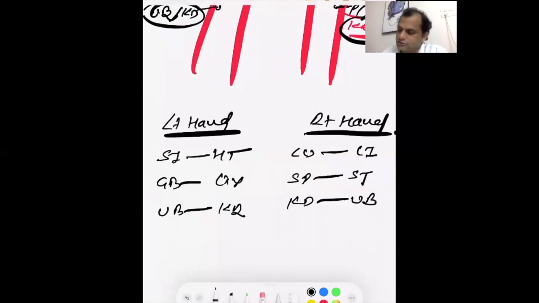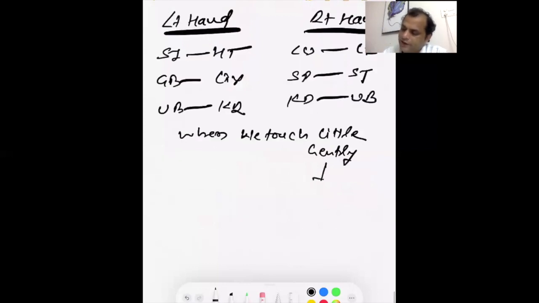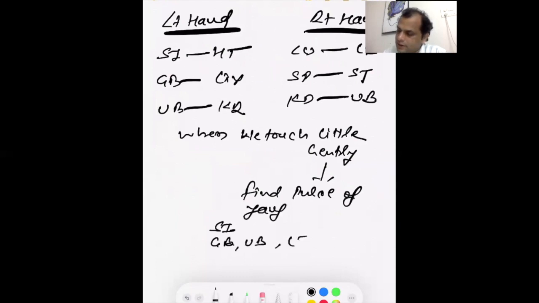When we touch a little, or when we touch gently, then we find the pulse of yang organ like small intestine, like gallbladder, like urinary bladder, like large intestine, like stomach. जब हम उसको जेंटली टच करते हैं तो हमें यांग की पल्स मिलती है,